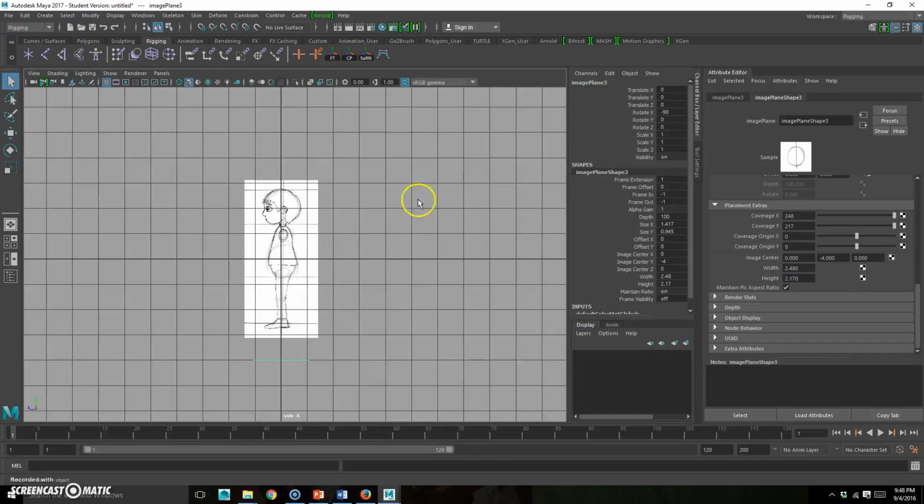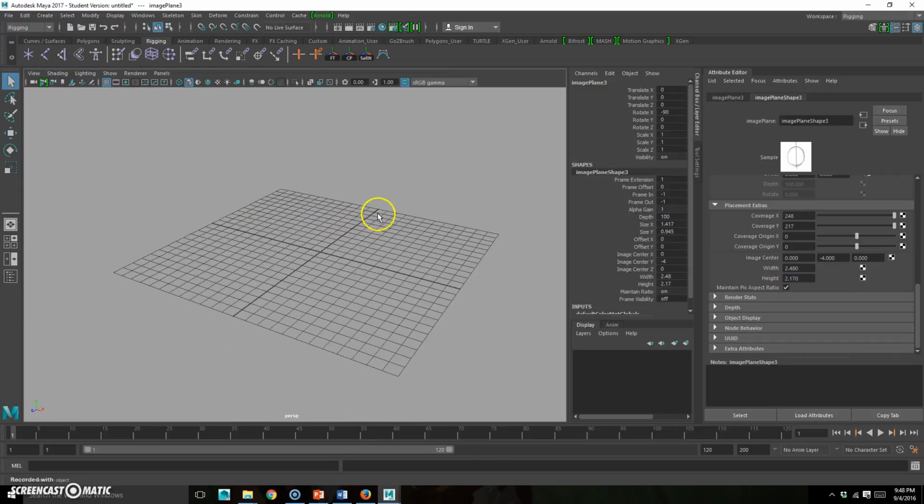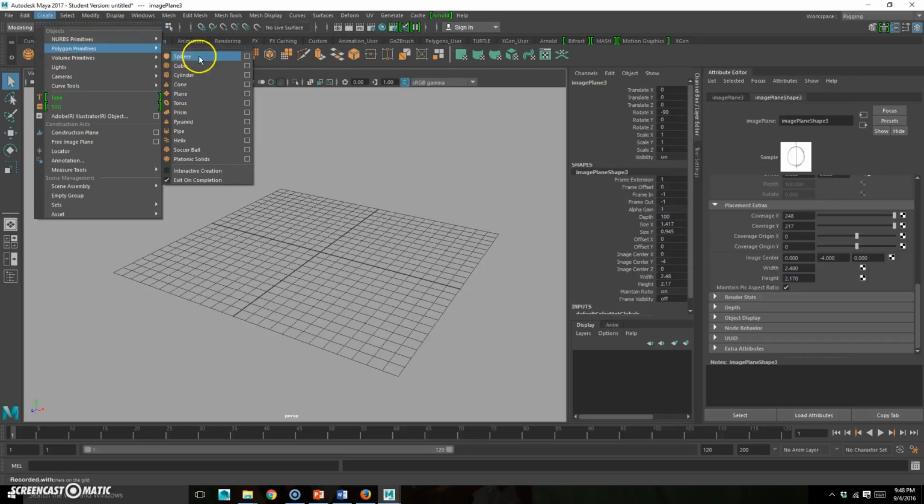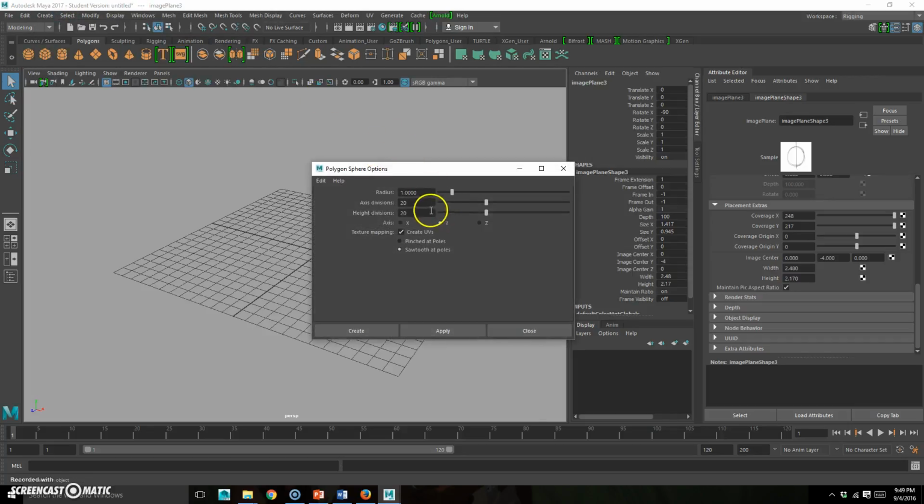Okay, so what I like to do is use kind of the same tools. So I'm going to make sure I'm on modeling and polygons, and then I'm going to go to create polygon primitives. We're going to go to sphere. I'm at the option box, and I make sure that I go 8 by 8. Okay, and the reason why is you'll see in a second. It allows me to make quads, and they're nice clean polys. Okay, so create,